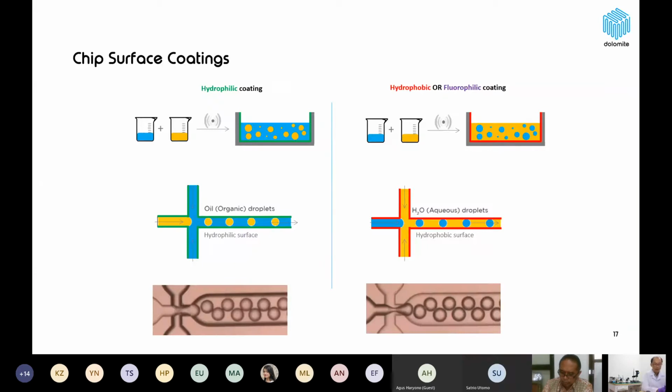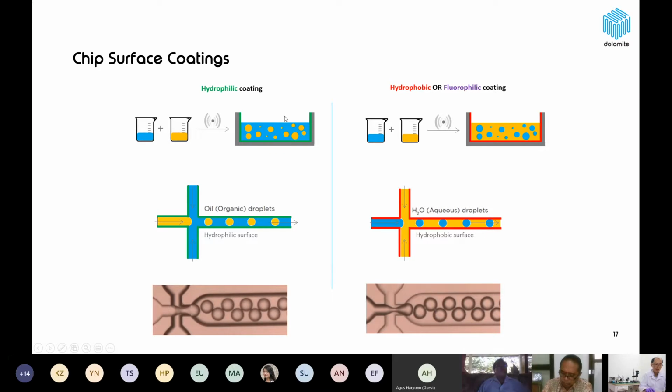The chip surface coating is also one of the important factors that can affect microfluidics. Let's say you want to make an oil-in-water emulsion, so you need a hydrophilic coating on the surface of the reactor. In batch methods, for example, the batch reactor or the beaker needs to be hydrophilic. In this case, the emulsion is the droplets, and they cannot contact the reactor phase,